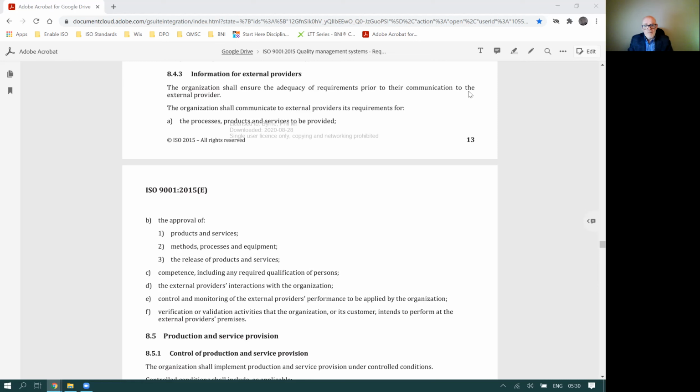Control of monitoring of external providers' performance to be applied by the organization. I think you can combine that with the previous one, because that interactions with and the monitoring requirement, and the verification and validation, that could be through site meetings and reporting that you decide that you're going to set up as part of the contractual arrangements. So without going into extensive detail, where there would be a need to have some understanding of your own individual organization's requirements, I think the overall take from the entirety of Clause 8.4 is that, first of all, the nature